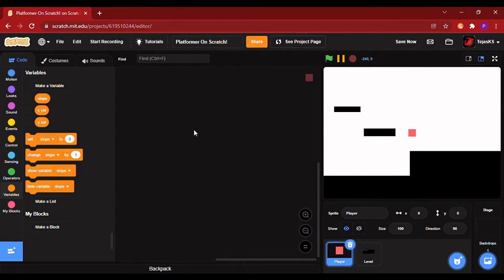Now in the starting, when flag is clicked, set x vel and y vel to 0.